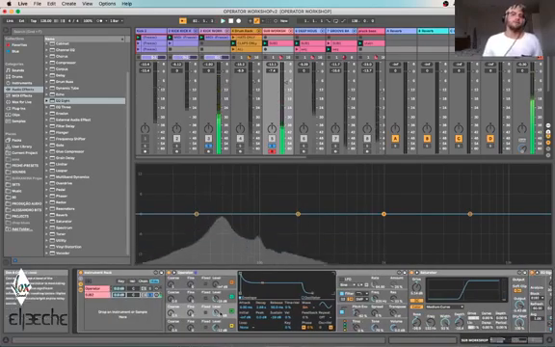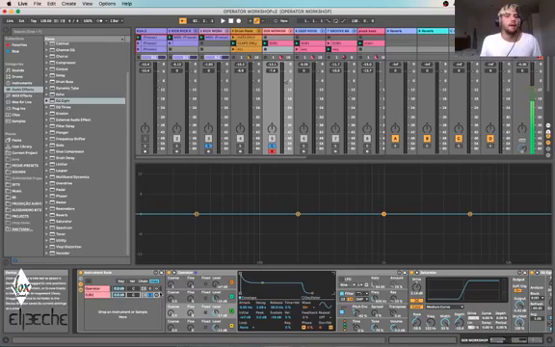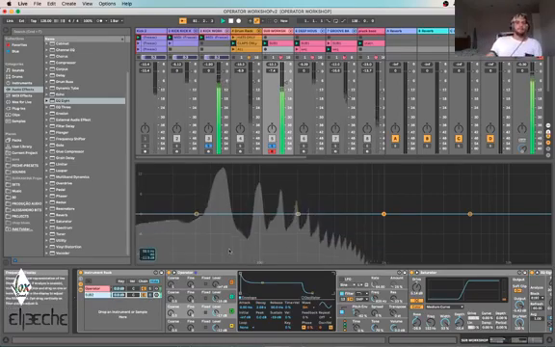That should give us enough filling for the sub, and then if we use them together,